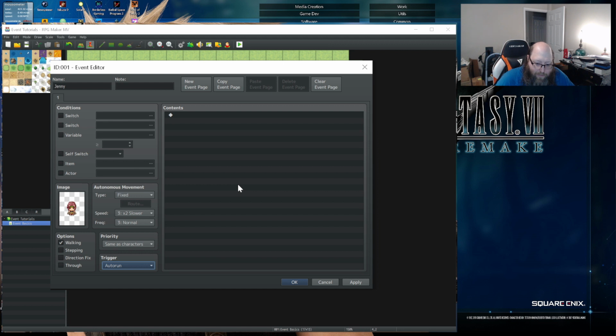And this is why autoruns are really dangerous, because they have that effect, and if you don't know about that problem, it's really hard to diagnose and fix those. And if you have a really large game, it could still be hard to fix them even if you know about it, because you might know which map it happened on, but you might not know